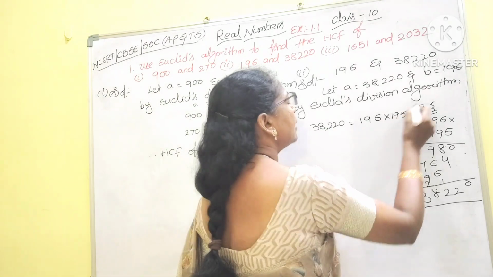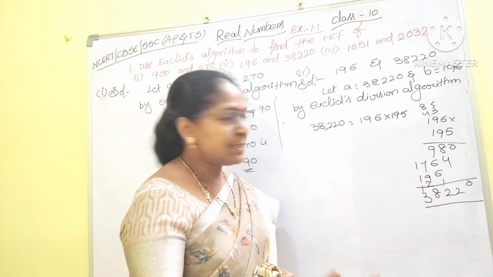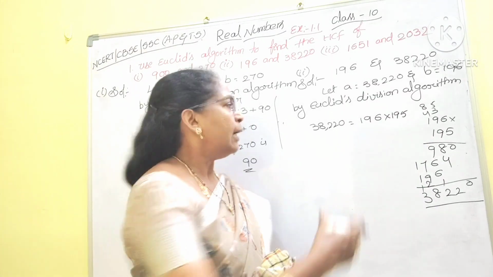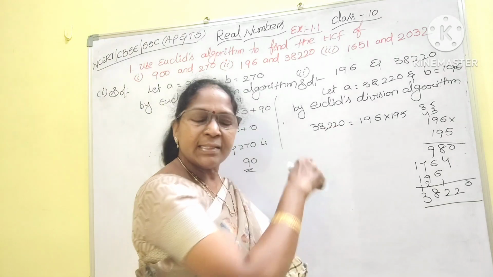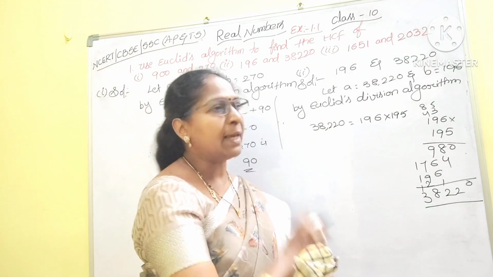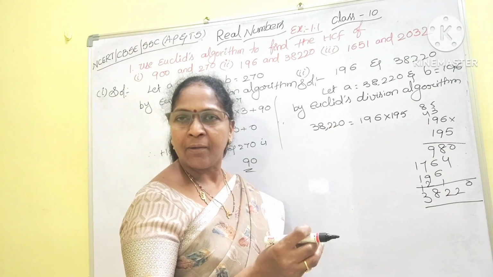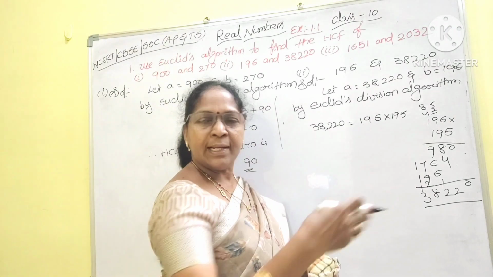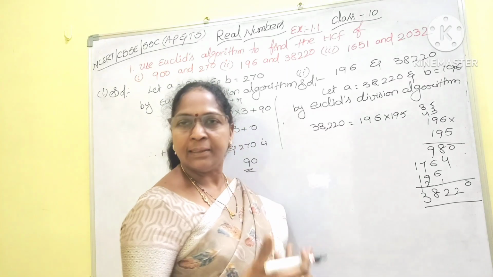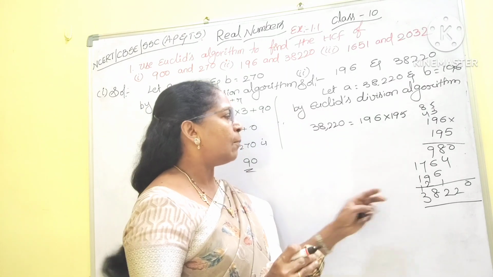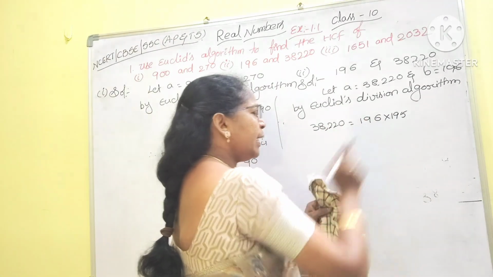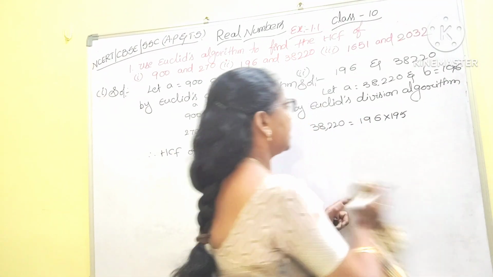195 times. And the rough value only you have to check once. Nearest value, how many times this number divides this number, just you have to assume like that. Round off number you have to consider. After that, next numbers you have to check, then you will get the exact number. Now here 196 is exactly